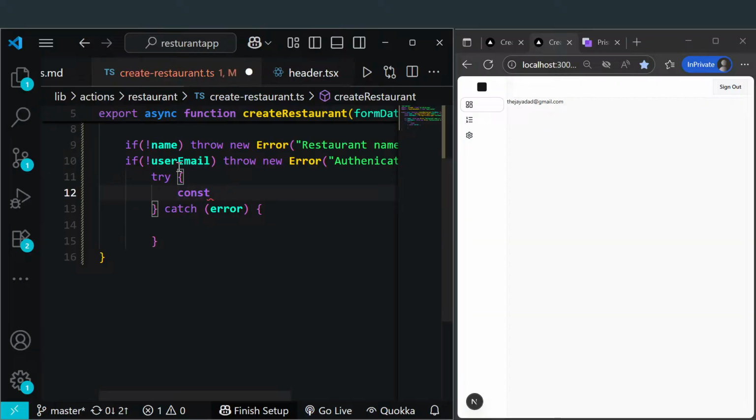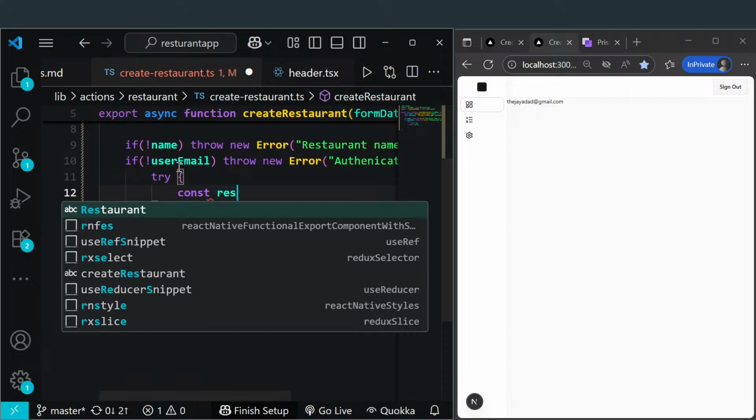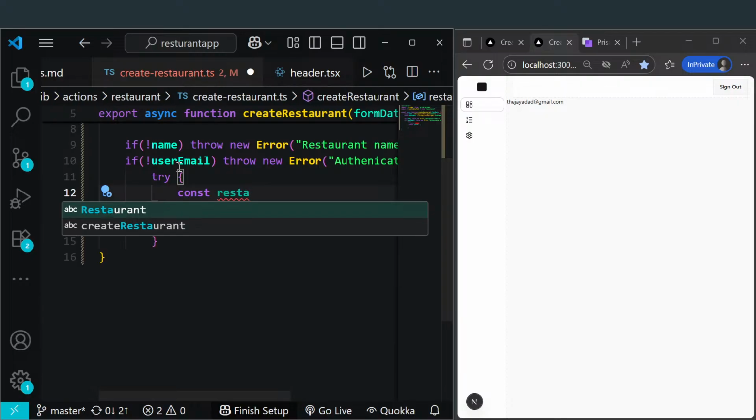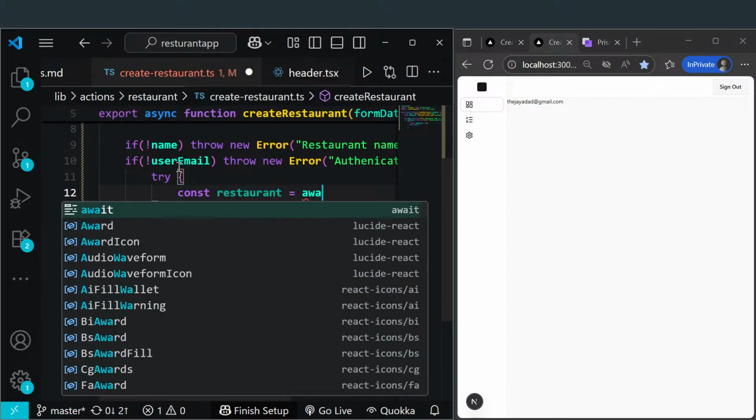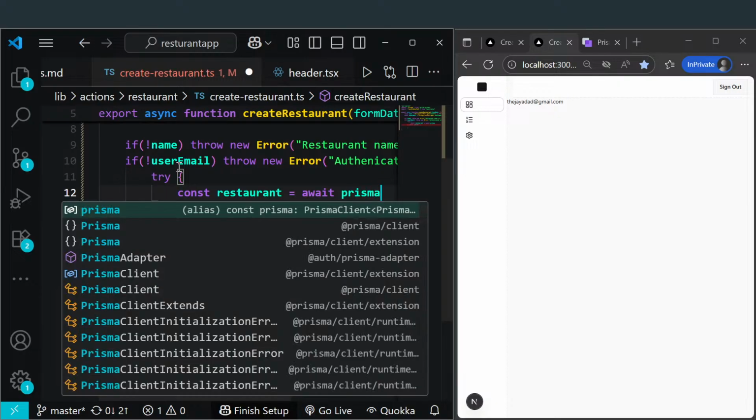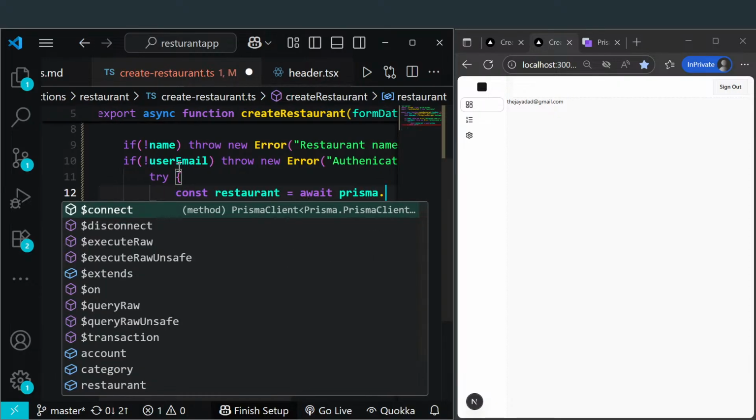We'll go const restaurant await, and we'll be using Prisma to